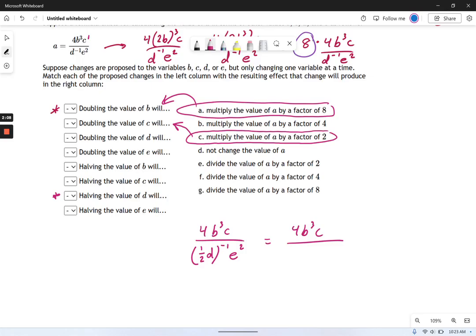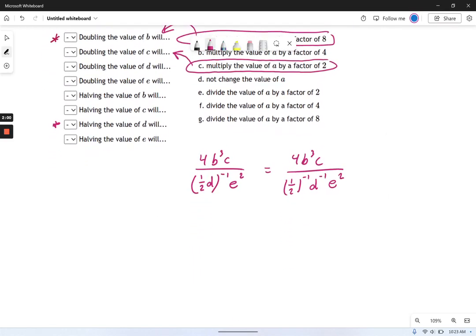First, let me just split up 1/2. So I'm really talking about 1/2 to the negative 1 times d to the negative 1 times e squared. So really the only thing that I'm focusing on is that 1/2 to the negative 1. Well, if you remember what 1/2 to the negative 1 means, negative 1 just means flip something over. If you have any exponent, like I'll give you an example, a to the negative 1, what is that? That's 1 divided by a. Or 1/3 to the negative 1, what is that? Well, you flip it over, you get 3, or 3 over 1, which is just 3.